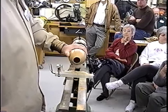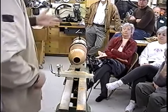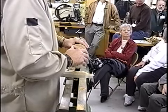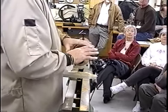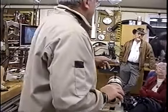Other questions? Comments? If you'd use walnut oil on that, how much darker would it make it? Where's that other piece? That's got the walnut oil on it. Yeah. It doesn't really darken it at all. The cherry will turn dark naturally. You set it out in the sun,